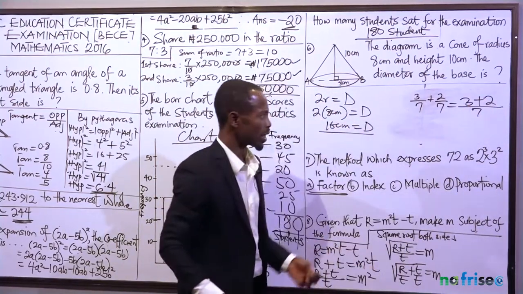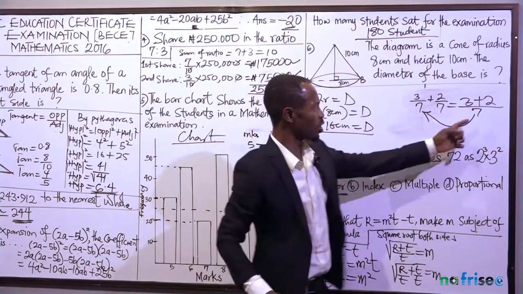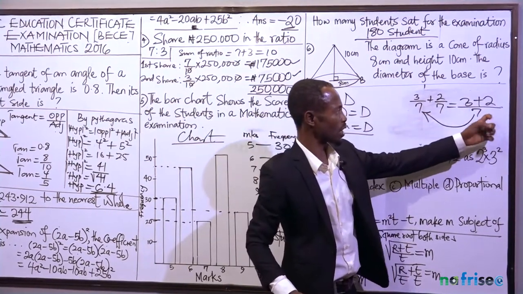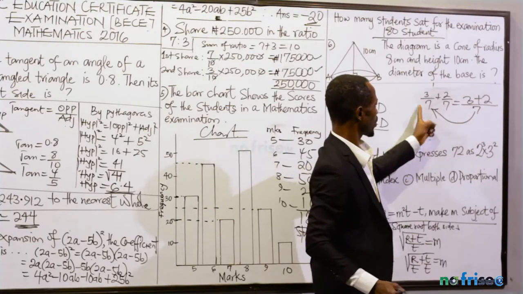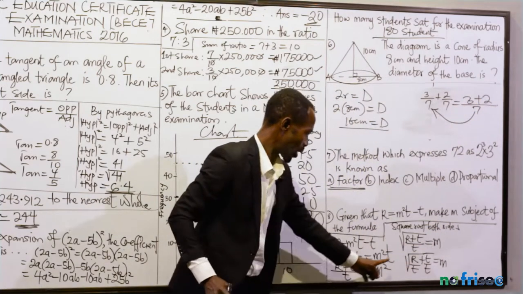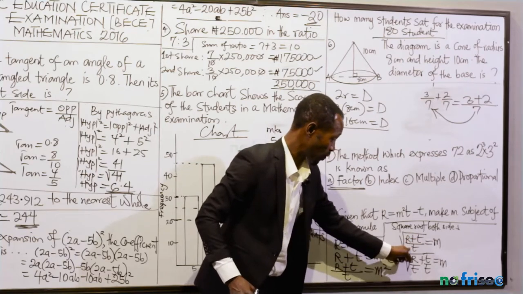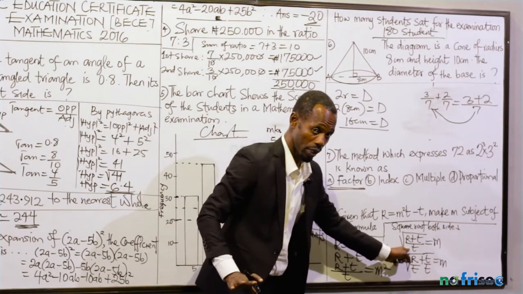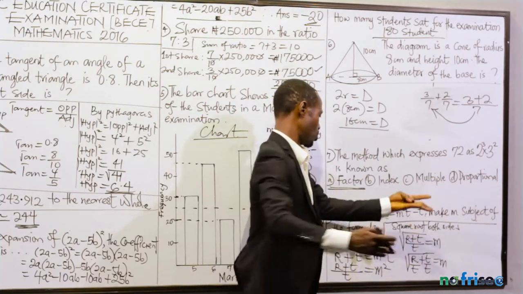So look at it like a reversal of this. I have 3 plus 2 over 7. I could decide to break it up as 3 over 7 plus 2 over 7. In the same way, that's what you should do here. Don't try to cancel this T and this T, you'll be wrong. This is the final answer here, at least for junior class. But if the option is not showing you this one, then you can just